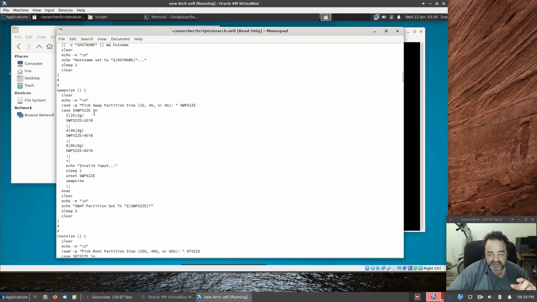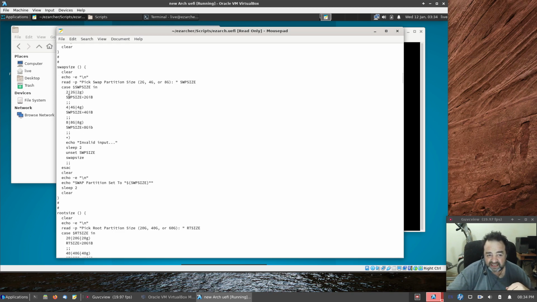Now here, the partitioning, my script takes a very lazy way to partition the disk. By lazy, I mean I give myself very few options. I know I want a swap partition. I know I want a separate home. I know I want the home and the root formatted as ext4. After that,